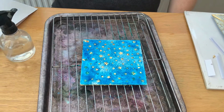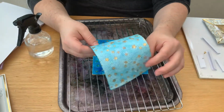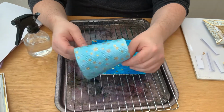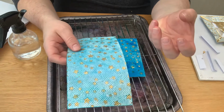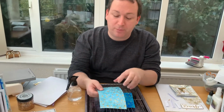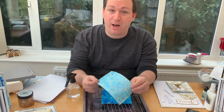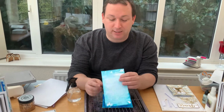When this dries, which is pretty cool, you get your pixies, which are going to give you that lovely mica finish. And you've got the glitter, because the glitter's stuck to the self-adhesive sheet, so that's in there as well. And we've got your stars, which have come from your gilding flakes, which just gives you a really fun background. Now I took mine one step further and actually embossed it, so you can see